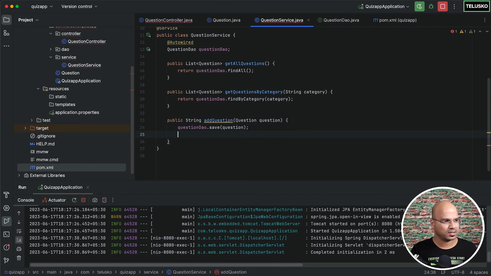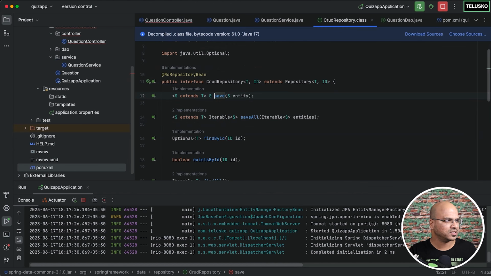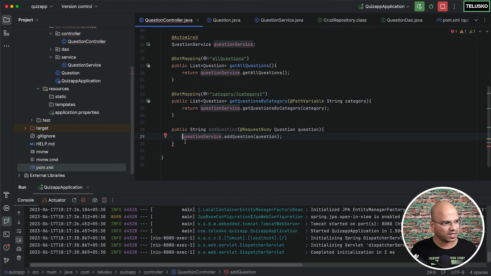So what I will do is, let me see if save returns something. So save returns the type S extends T, the type. Okay, so it basically works with the type of data. So I will just return a string manually here and say return success. We should also return failure if something goes wrong. But yeah, we'll do